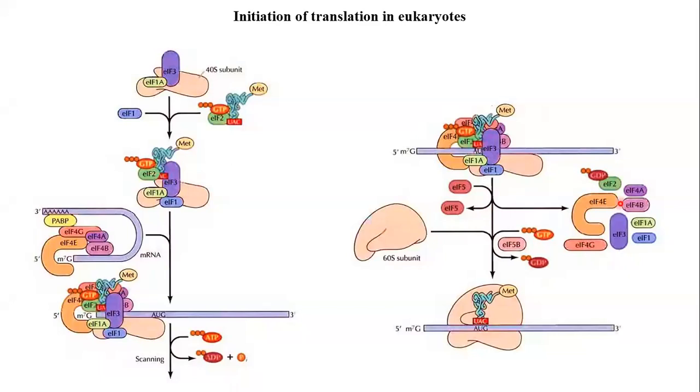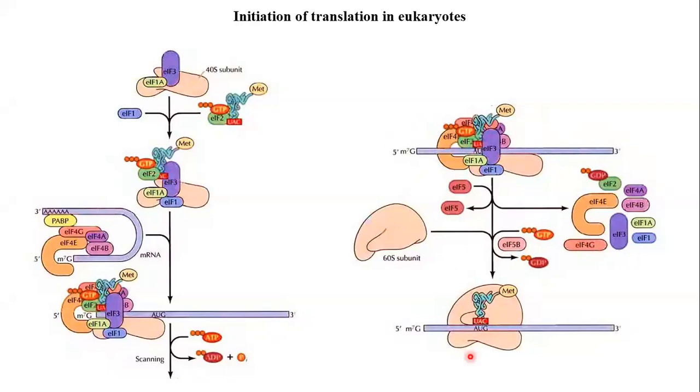When it positions itself, the initiation factors get released and the 60S subunit binds. The 60S subunit binds the GTP which has been bound to initiation factor 2 and transfer RNA. This step is same as prokaryotes. When the large subunit binds, GTP gets hydrolyzed to GDP, and it forms a complete ribosome. This hydrolysis is brought about by initiation factor 5B. And when the large subunit binds, all the initiation factors get released from the complex.